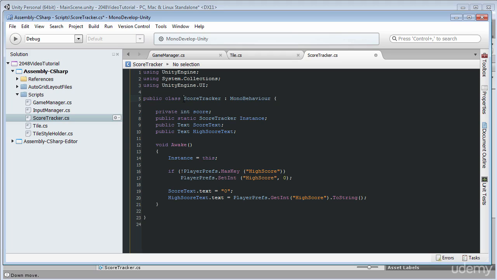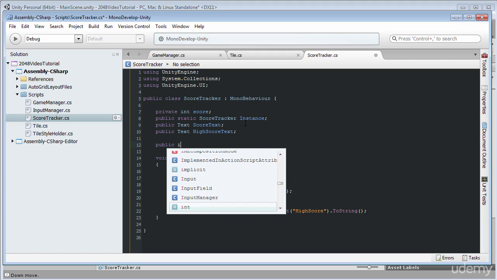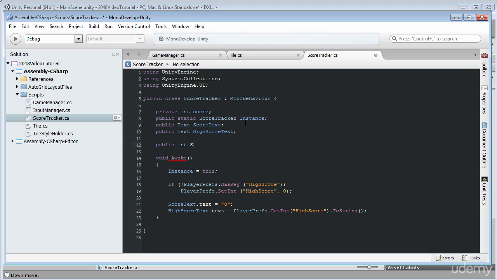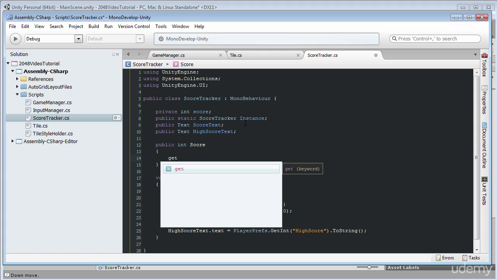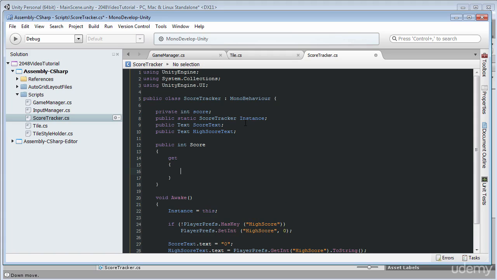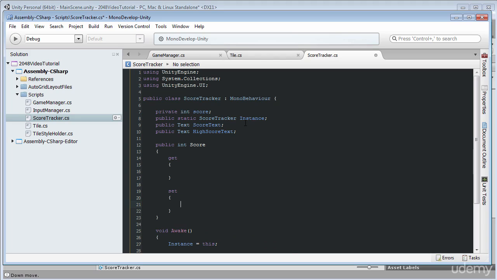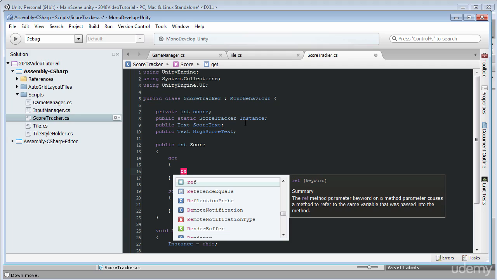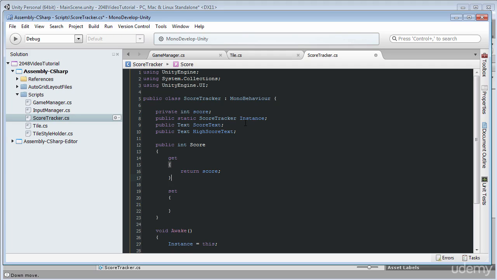And next, to interact with our score tracker, I will write a property that will work with this private int score variable. So I will say public int, and I will name it score with a capital letter. I will open and close these brackets, and here I will write a get accessor and a set accessor. Alright, so if we are just getting a value of our score, I will say return score with the small letter s in the beginning, and if we are setting the value of score, then we